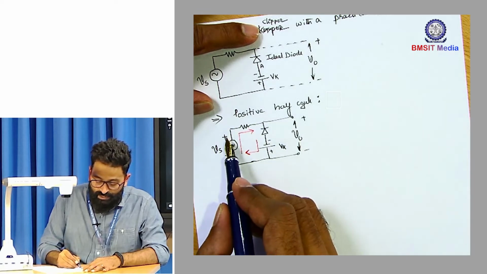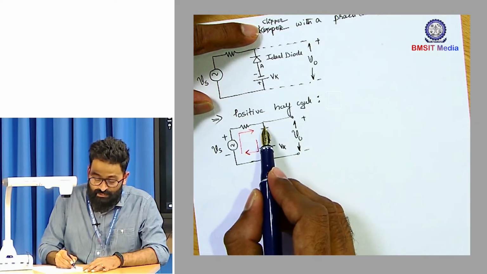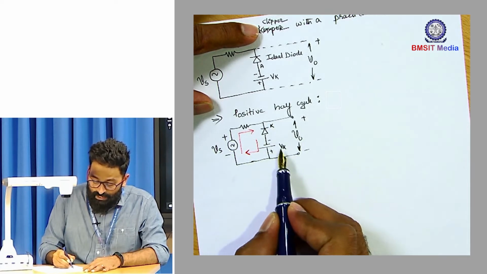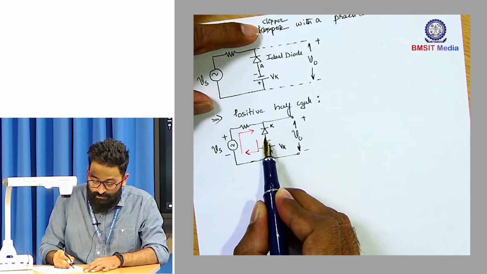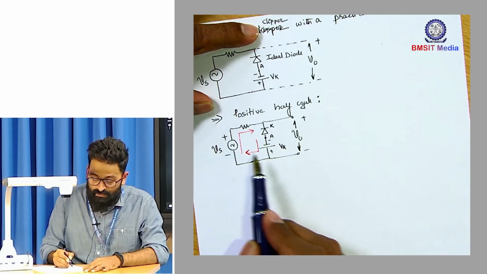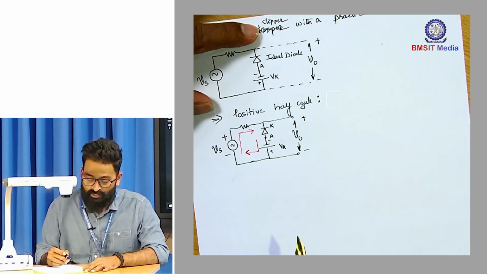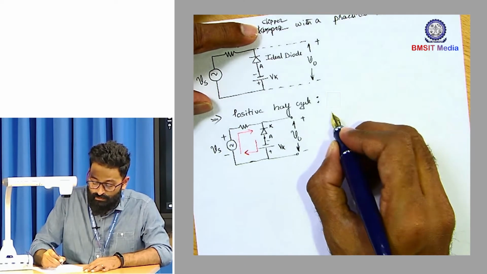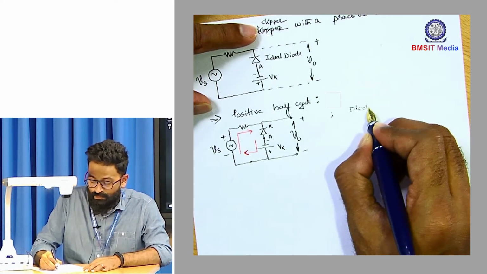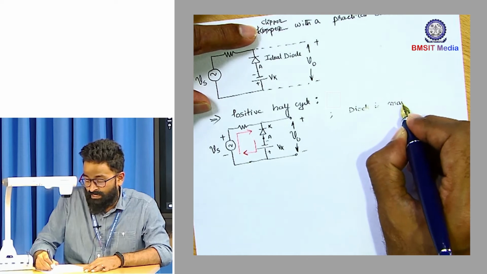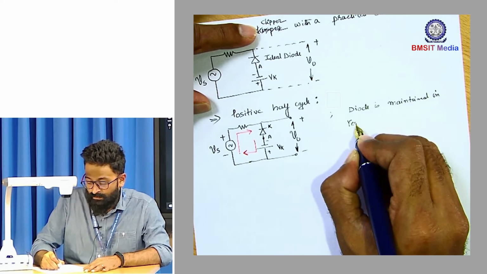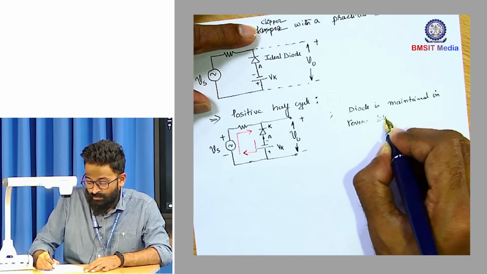So you can see that positive terminal of Vs is connected to cathode and negative terminal of Vk is connected to anode. So both Vs and Vk are trying to circulate the current in the clockwise direction. By doing so, diode is maintained in reverse bias mode